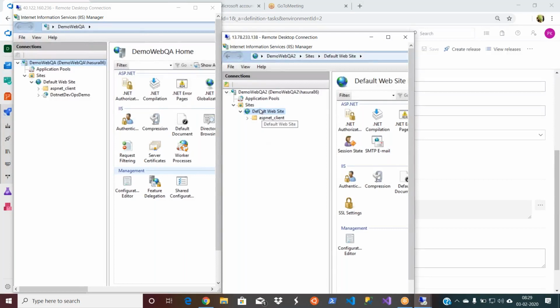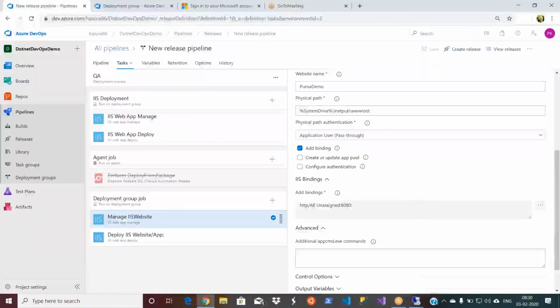So you need to pay attention. Right now this default website works on port 80 by default. Now I'm going to create another website. If I use HTTP port 80, it will not work. It will say port 80 is already in use. So I have to use another port. Basically, this is done by your network administrators, but you are doing it from the release pipeline. You can ask them which port you can use, and that port can be mentioned in your release pipeline. Now, if I go to the release pipeline, in my deployment group, I added a binding here.